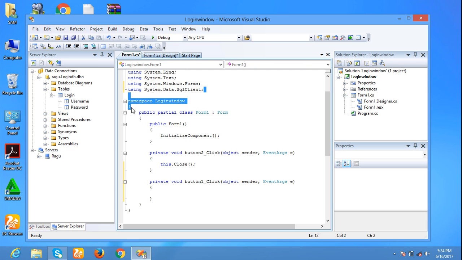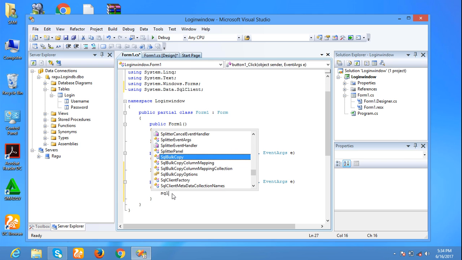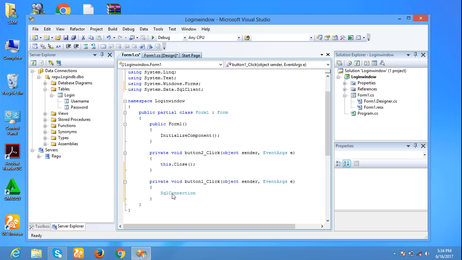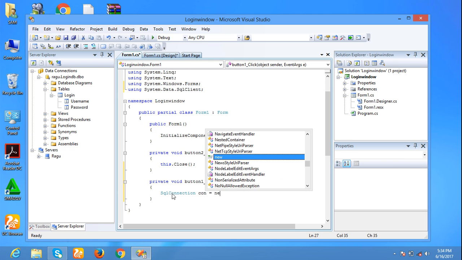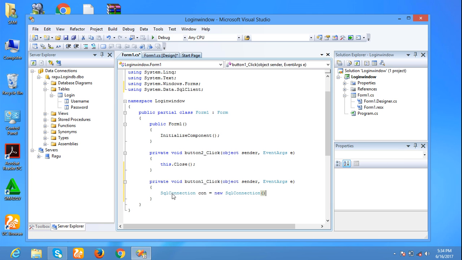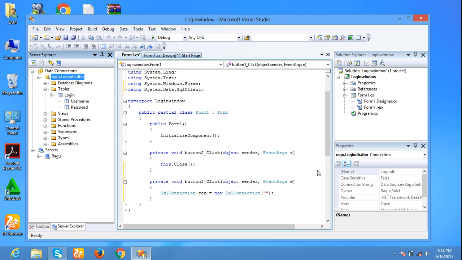For that I wrote this line. Here I am giving SqlConnection con equal to new SqlConnection. Within this bracket, within double quotes, I have to give the connection string of this database.